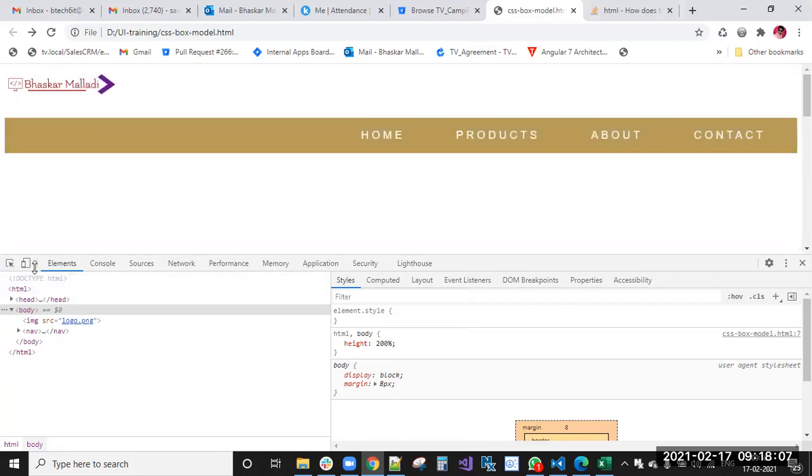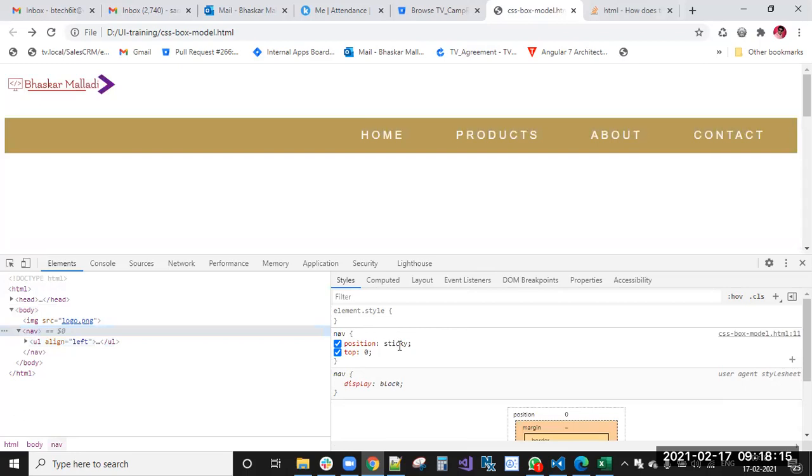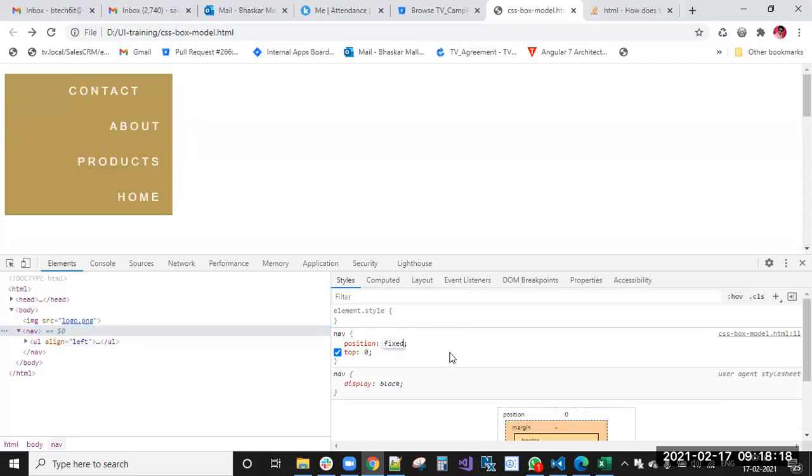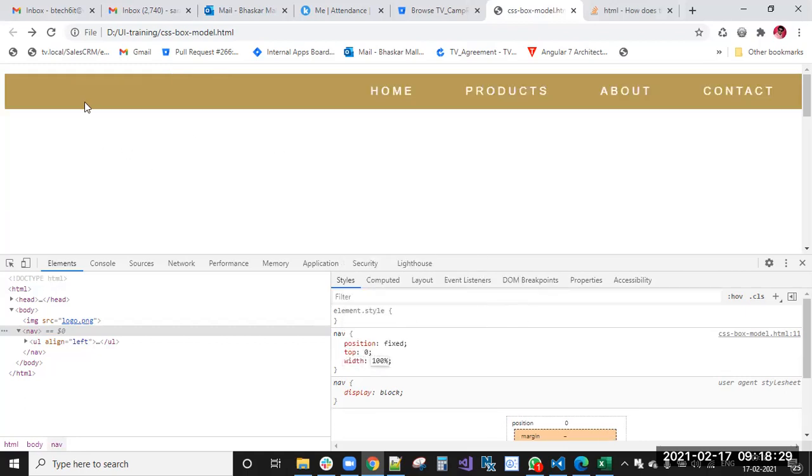If I apply fixed instead of sticky to the nav bar, you can see it is disturbed, right? No problem, we will give it 100% width, which is not a problem. But it sits on top of the image. If I'm scrolling, you can see the image logo also scrolling, which is disturbing that logo content.